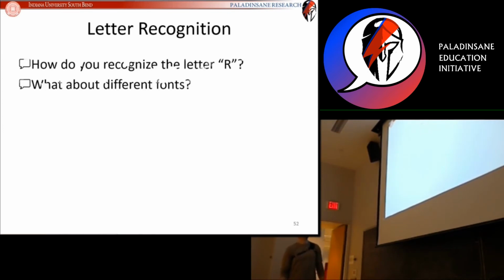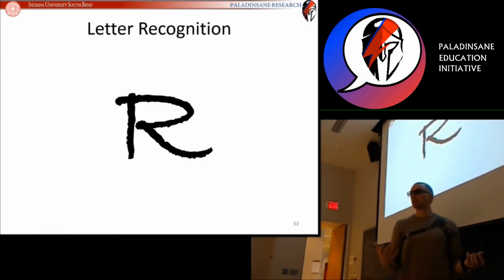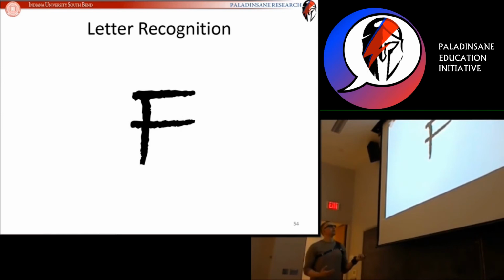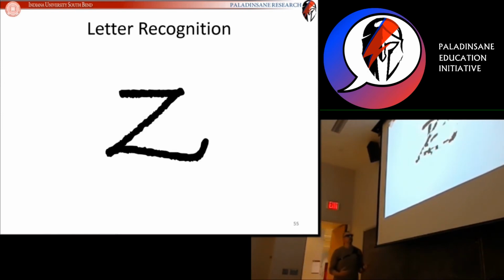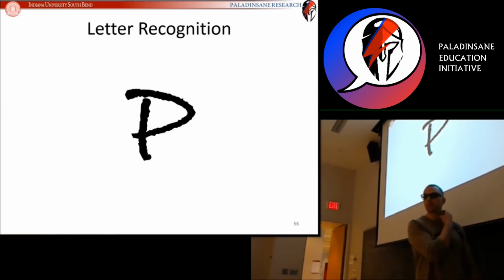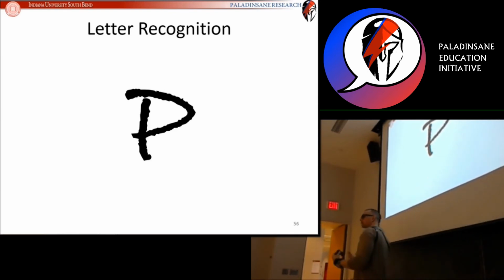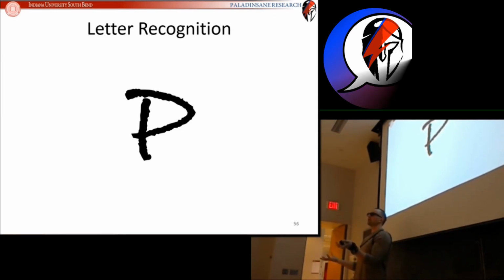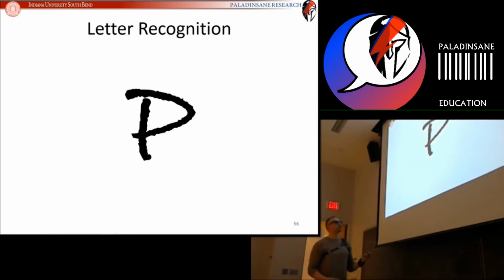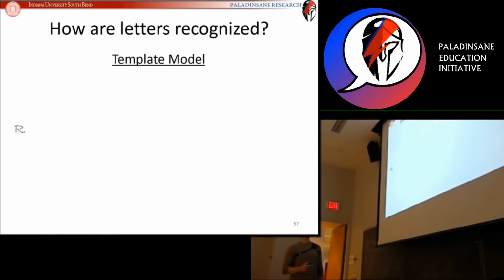So we take a look at that letter over there. What's that letter? R. It's an R, so we can do that. That one, and that one. All right, so we can definitely recognize letters that are portrayed in different fonts. And as it turns out, this was a major challenge for the template model. This was something that the template model really struggled with, because if you looked at the formulation of the template model,